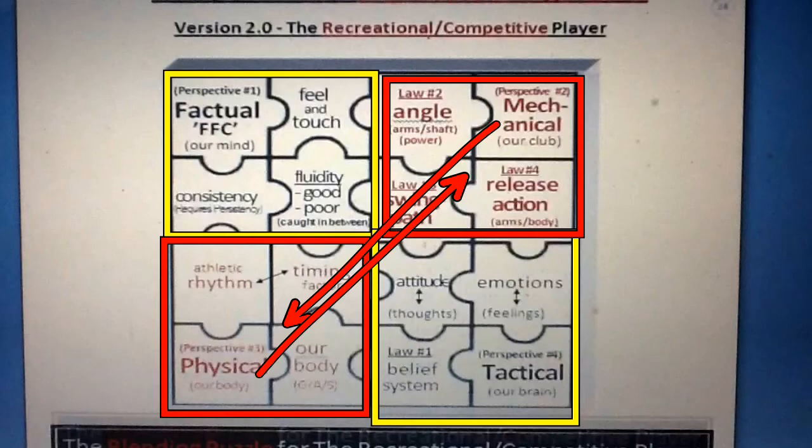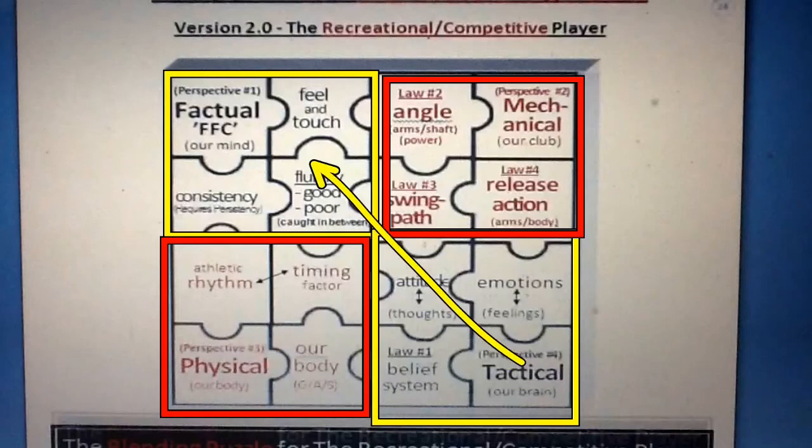And then the physical perspective down there, as we slide down the what axis, we find ourselves in perspective number 3, the physical perspective. And this perspective, again, is going to have to do with our body and how our body is going to support the mechanical movements of the club that we're looking to develop. And then the how axis is actually going to begin to direct our thoughts and actions towards how it is